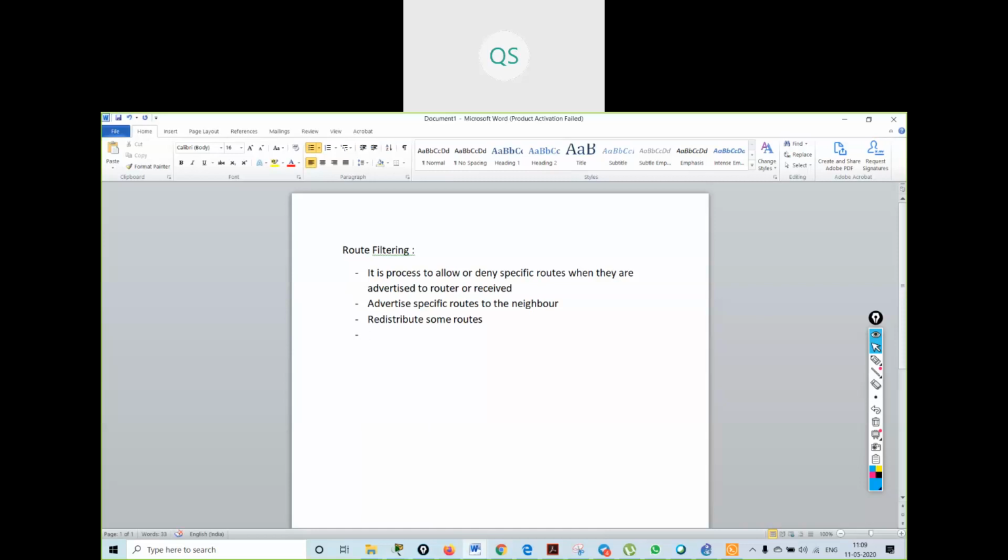The third one is preventing redistribution loops. So we need route filtering when we want to advertise specific routes to the neighbor, redistribute specific routes, or prevent redistribution loops. Okay, understood?